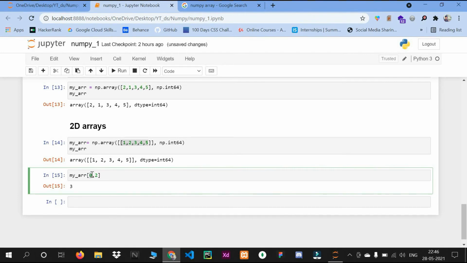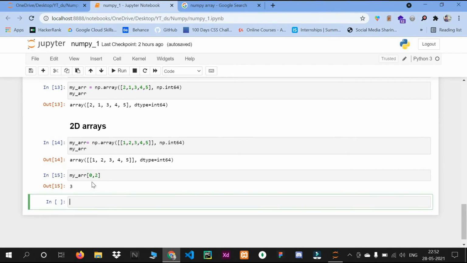An array that has 1D arrays as its elements is called a 2D array. Here we are accessing the elements of the array, that is the 0th row and second column, which is 3.